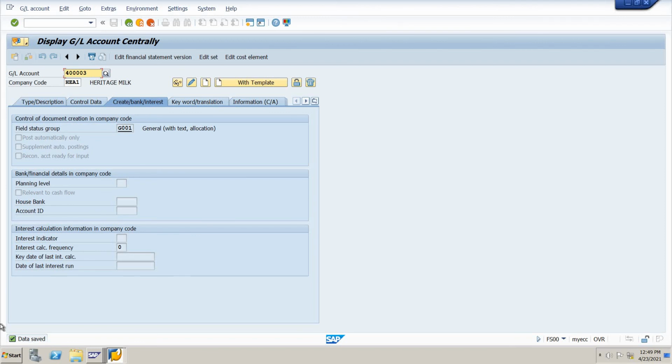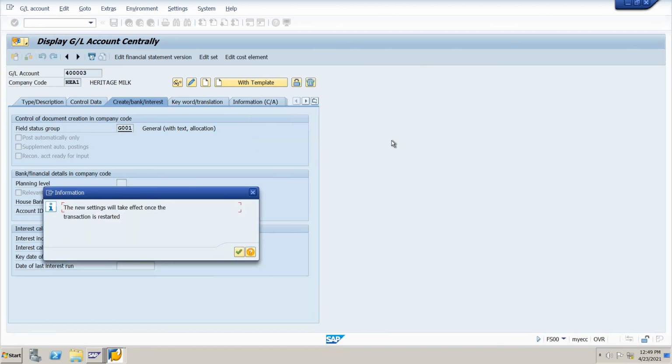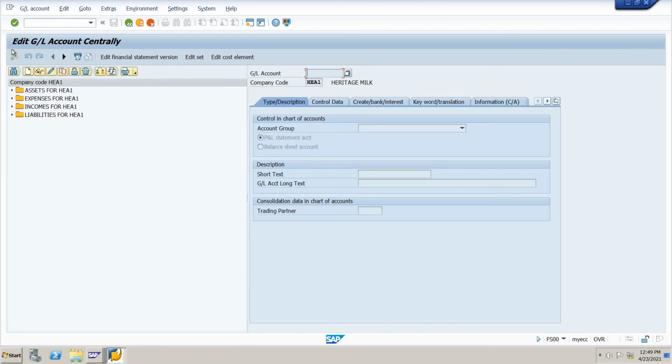And this way we have to create the GL accounts. That's why I have already shown how many GL accounts I have created in the past in the HEA1 company code. So let me see what we have created. Miscellaneous expenses, in expenses.